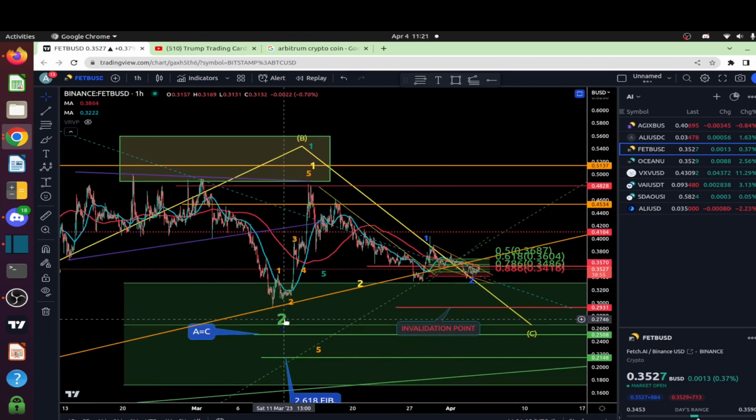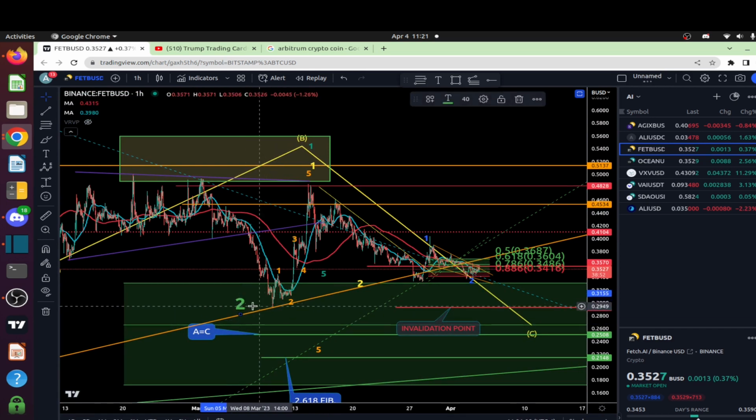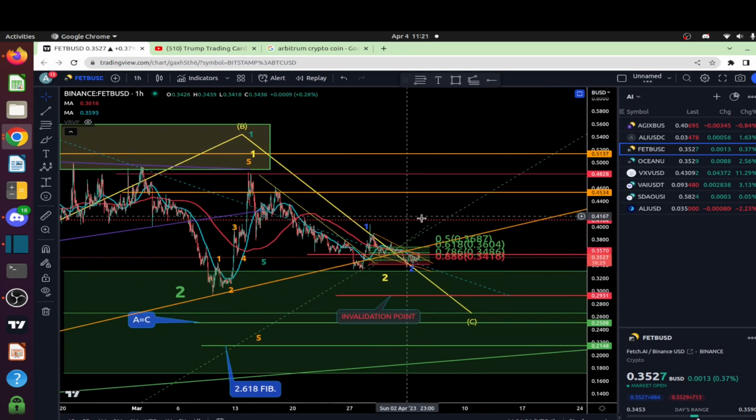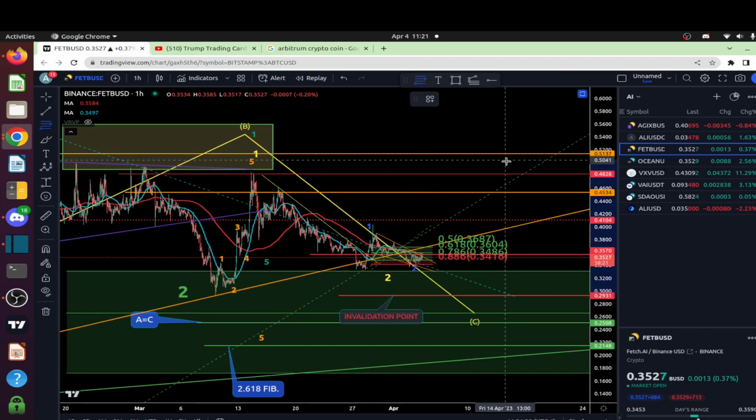So if I take into consideration that this is the end of the wave 2 here, I can see 5 waves up. So I counted that as a wave 1 in yellow. And now I can also see that I have a B and a C correction. So that could be wave 2 in yellow. Now, let me see, I did it before. I think I erased it. I'm going to put it more on the right side. So if I do the retracement,